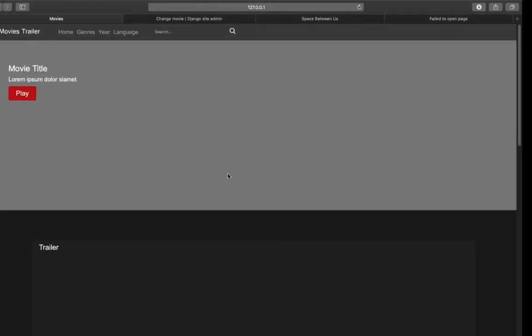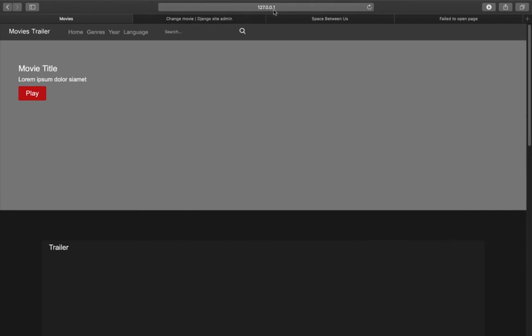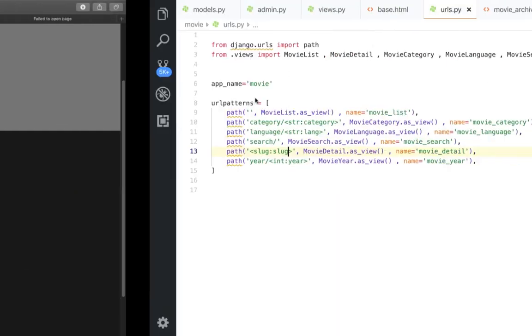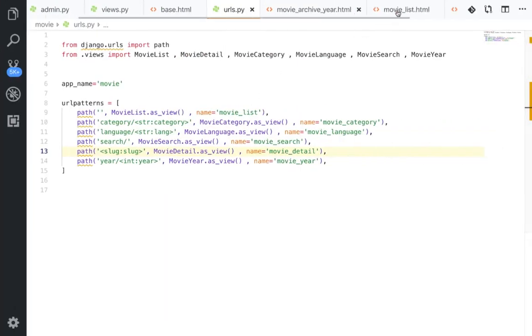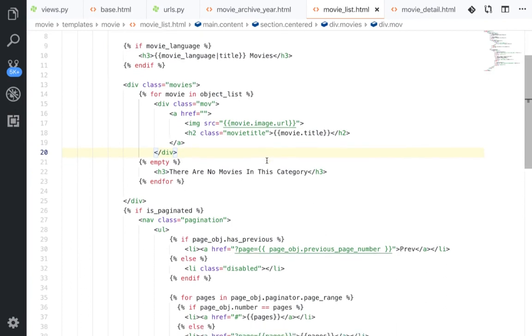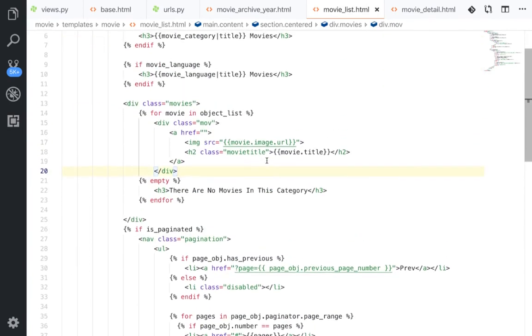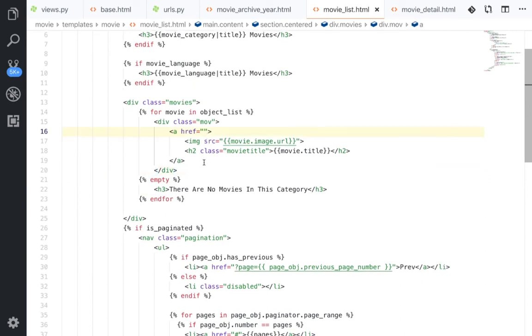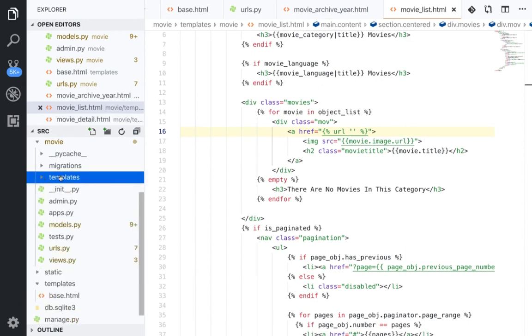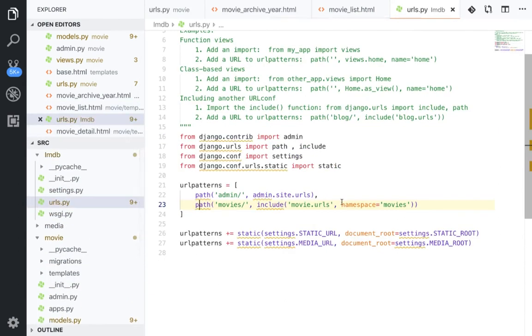So the only thing left is that we add a link in the list view to enable us to open the detailed view. So now let's open our movie list, and here let's move down. So let's go up, and yeah, this is the link actually. So we need to add the link in here. So we're gonna say URL, and we're gonna give it the first name or the namespace name. So let's open the main URL. So this is movies,